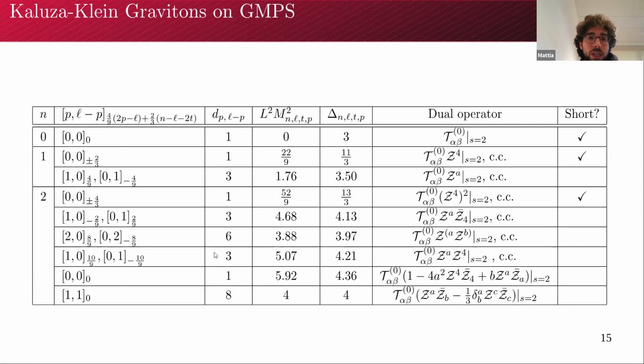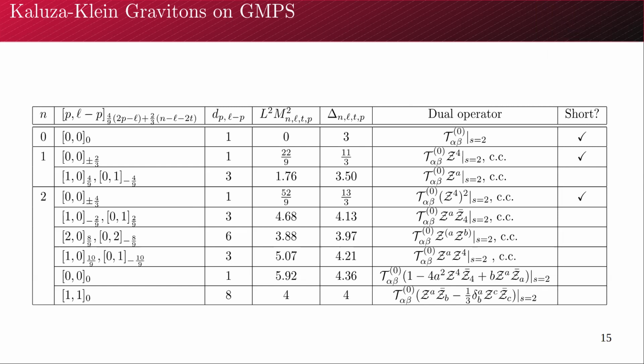So here's a table summarizing our results for Kaluza-Klein level 2, but in principle, one could go on forever by iterating the procedure. We have the Kaluza-Klein level, the SU(3) times U(1) representations, the degeneracy, the masses, and the conformal dimensions, which for the gravitons are related to the masses through Delta times (Delta minus 3). And then group theory also provides us with some insights about the schematic form that the operators should assume in the conformal field theory. Okay, so this is a good time to ask for questions, because we are approaching the final part. So if there are any, please speak up.